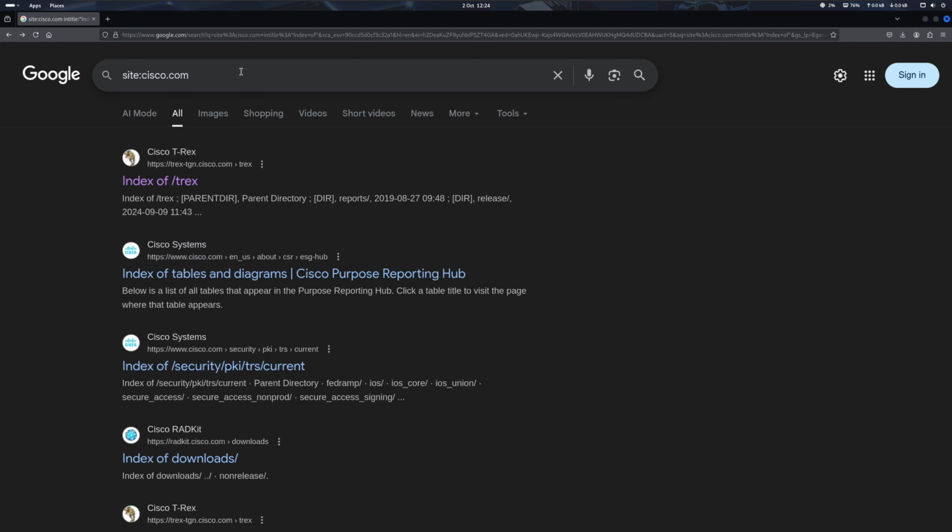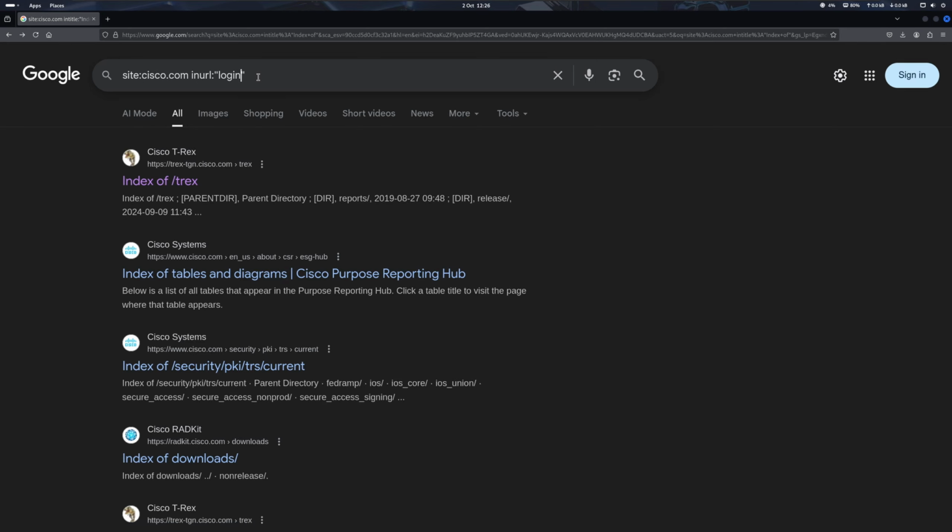Now, one of the last operators that we will be discussing is the inurl operator. What this will do is essentially return all of the results which match the specific word or phrase that we give it within the URL segment of the website. One useful way you can use this is with the login prompt, and essentially it will only return those results which match the word login within their URL. And this is really useful for phishing, because then we can copy those login portals to essentially use them for